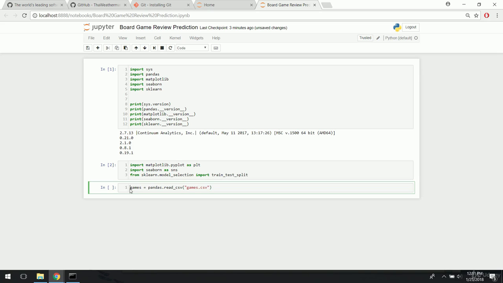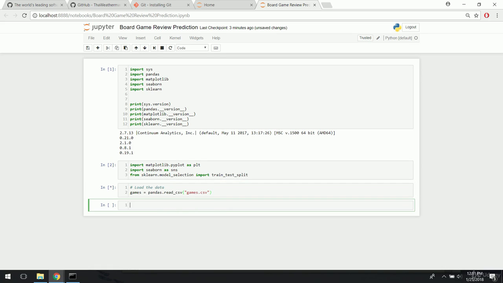So let me add some comments for readability. Comments are always good. Load the data. All right. And let's actually just click Shift Enter there. We'll see if we can get that. We should. Yes, it does it very quickly. All right. So now let's explore this data set a little bit to see what we have in this games.csv